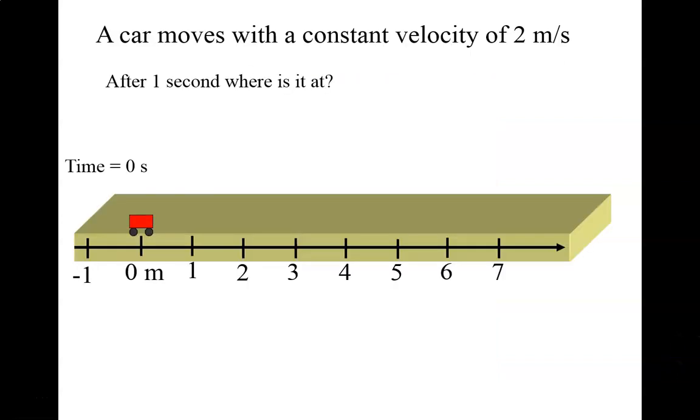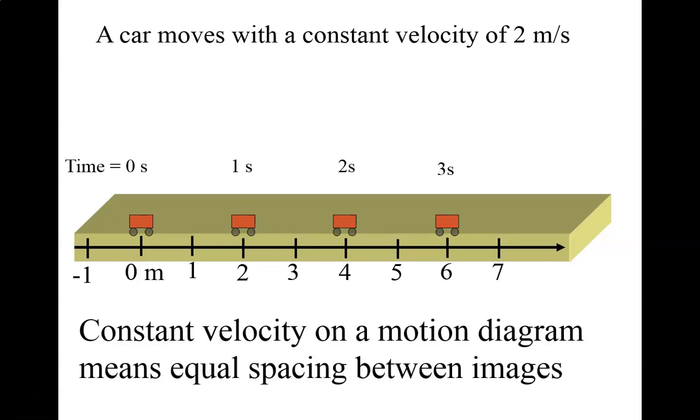So if we have a car and it moves with a constant velocity of 2 meters per second, it starts at 0 meters, and after 1 second it's going to be at the 2 meter mark. And then after another second it'll be at the 4 meter mark. And then after another second it'll be at the 6 meter mark. Now, if I were to go ahead and graph that, and of course remember that the equal spacing means that it's a constant